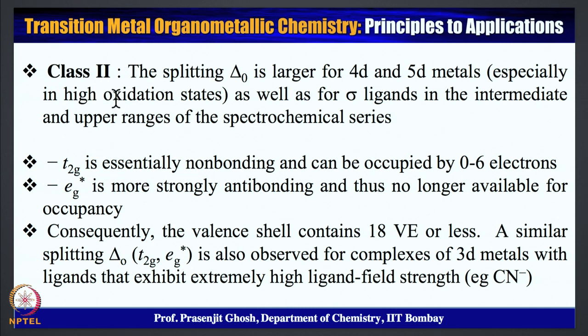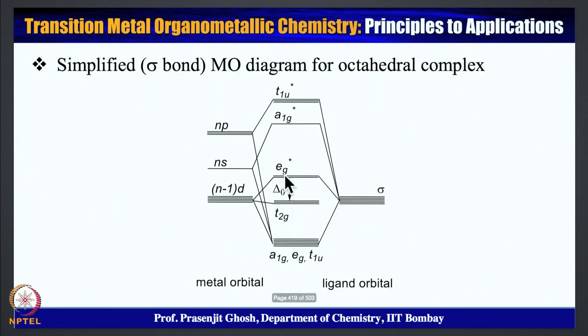Next comes class 2. Class 2 are for larger metals, mainly 4d and 5d transition metals, for which the t2g is essentially non-bonding and can have 0 to 6 electrons, whereas eg* is strongly antibonding and does not get populated, and this can be seen here. eg* is now very high in energy. As a result, it mostly remains unpopulated, and as a consequence up to 18 electrons can fit in these